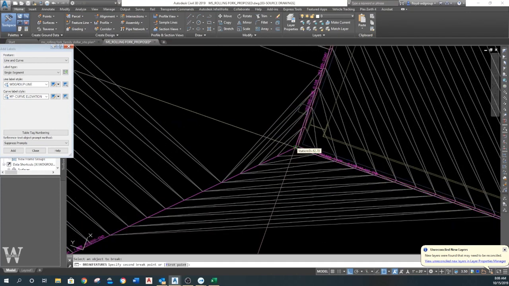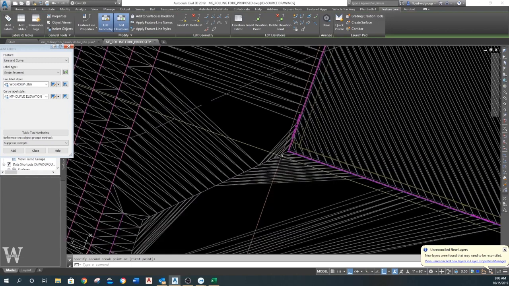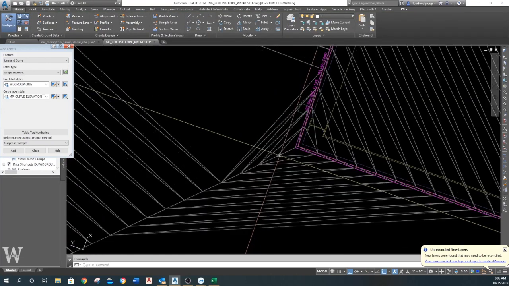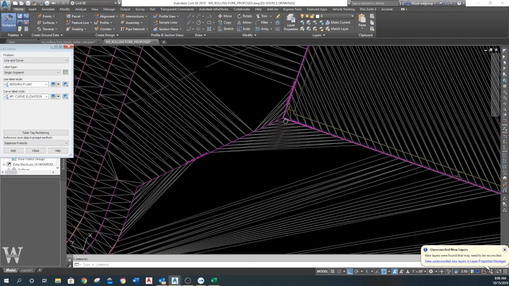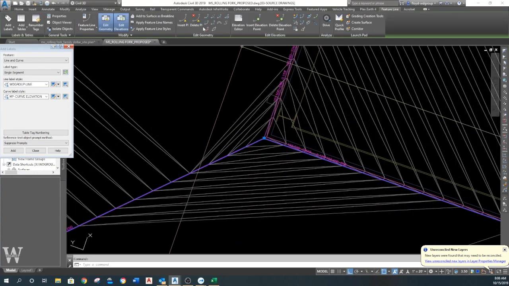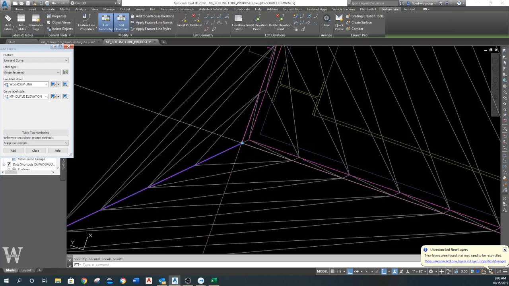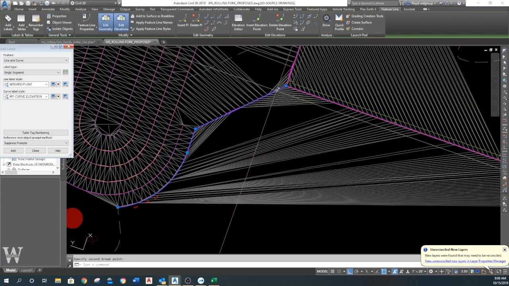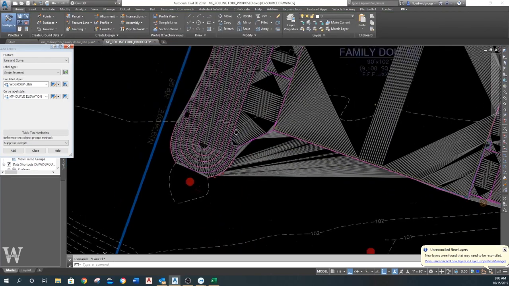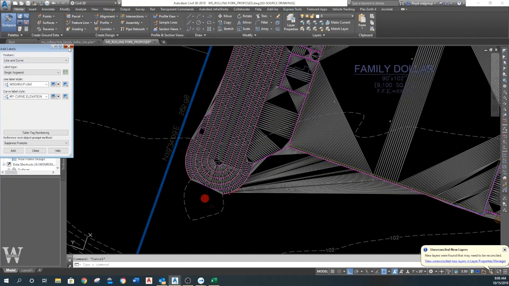Okay. So I didn't grab that. If you don't grab this when you break these feature lines, if you don't break them and tell it your first point is here and there, sometimes it'll take too much off, and it did. So what I'm going to do now is, that's good,